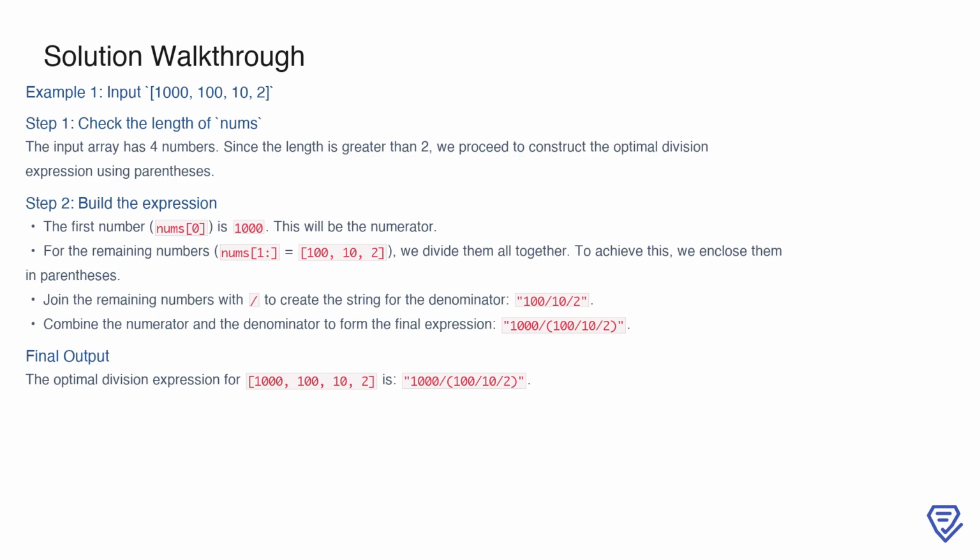First, the numerator is the first number in the array, which is 1000. For the denominator, we take the remaining numbers 100, 10, 2, and divide them all together. To ensure the correct order of operations, we enclose these numbers in parentheses, creating the string representation 100/10/2. Finally, we combine the numerator and denominator, resulting in the expression 1000/100/10/2. This ensures the division is performed in a way that maximizes the result. The output for this input is therefore